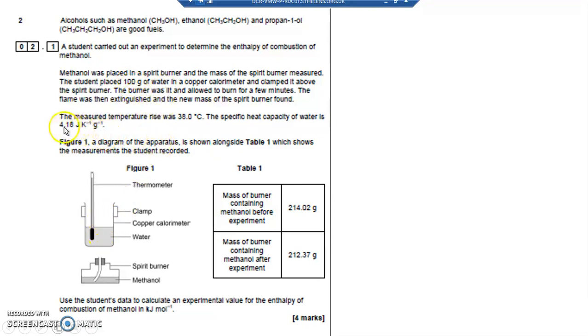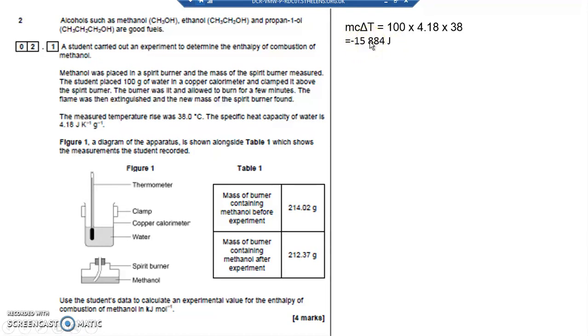MC, the specific heat capacity, I've been given 4.18, so I must be using Q equals MC delta T. And the temperature change is worked out for me as well, 38 degrees C. So my first thing that I've got to work out is Q equals MC delta T. 100 multiplied by 4.18 times 38 is 15,884. I can put a minus in front of it, because it's exothermic, so minus 15,884 joules of energy